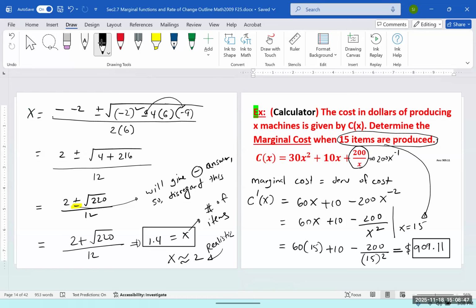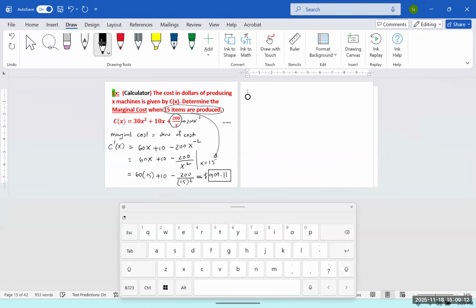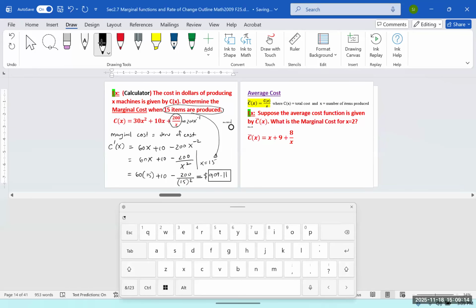Any question on this? So remember, marginal means derivative. Marginal cost means derivative of the cost. Marginal revenue means derivative of the revenue. Marginal profit means derivative of the profit. So anytime you see marginal, it means derivative. And anytime you see maximum or minimum, it means the derivative is equal to 0, just like the horizontal tangent line. Anytime we see a horizontal tangent line, it means the derivative equals 0.